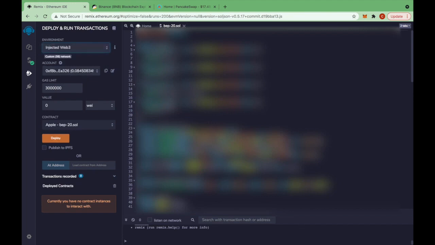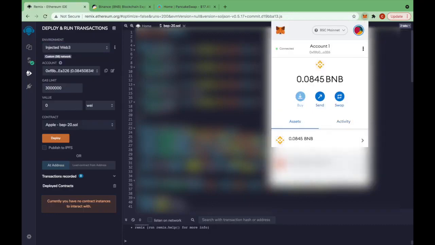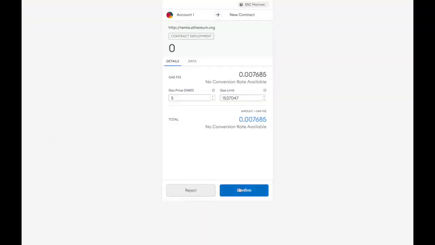And you can see it's compiled. Go to the next tab, and then change this to injected web3. Make sure that you have your MetaMask wallet connected on Google Chrome. You can see I have mine connected. It's 0xF8, and we have 0xF8 here, so it's connected. And make sure that this contract is the name of your token, right? So let's deploy it. I just have a small amount of BNB here in my MetaMask to cover gas fees. Let's just go ahead and press deploy, confirm,